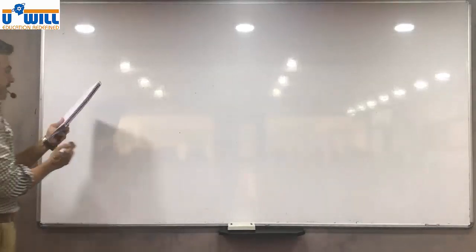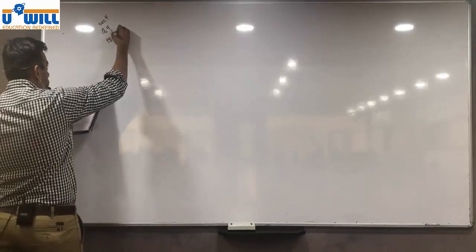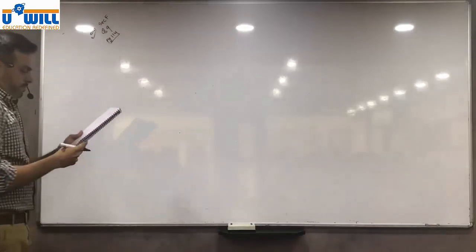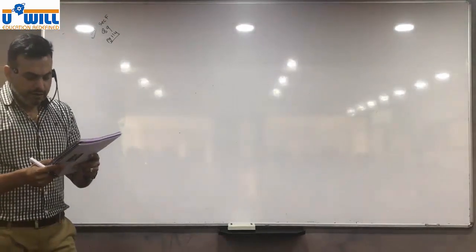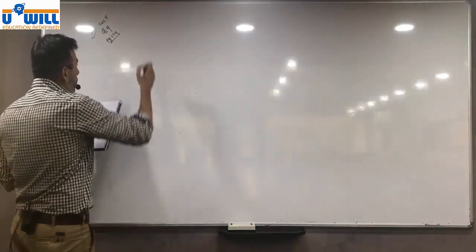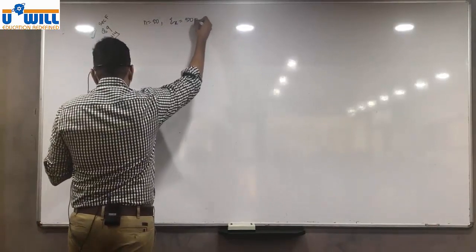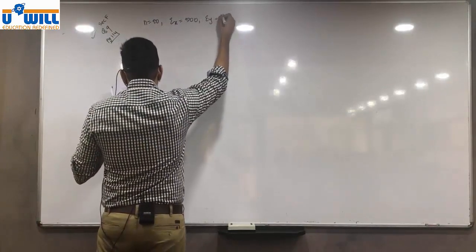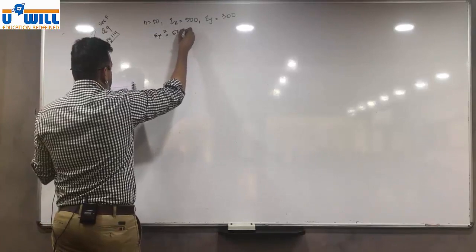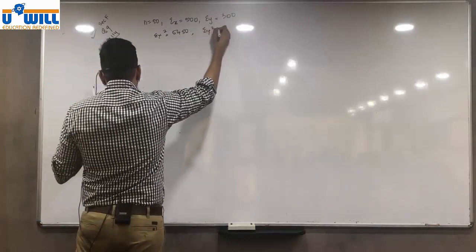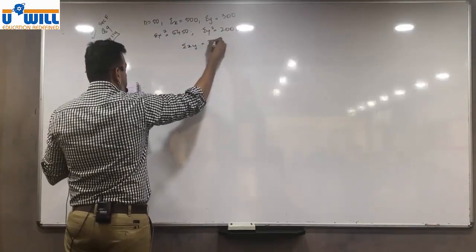Data. We are doing question number 9, section F, page number 114. Important for exam. The following data is obtained for two variables, inflation x and interest rate y. What is given? N is equal to 50, sigma x is equal to 500, sigma y is equal to 300, sigma x square is equal to 5450, sigma y square is equal to 2000, and sigma xy is equal to